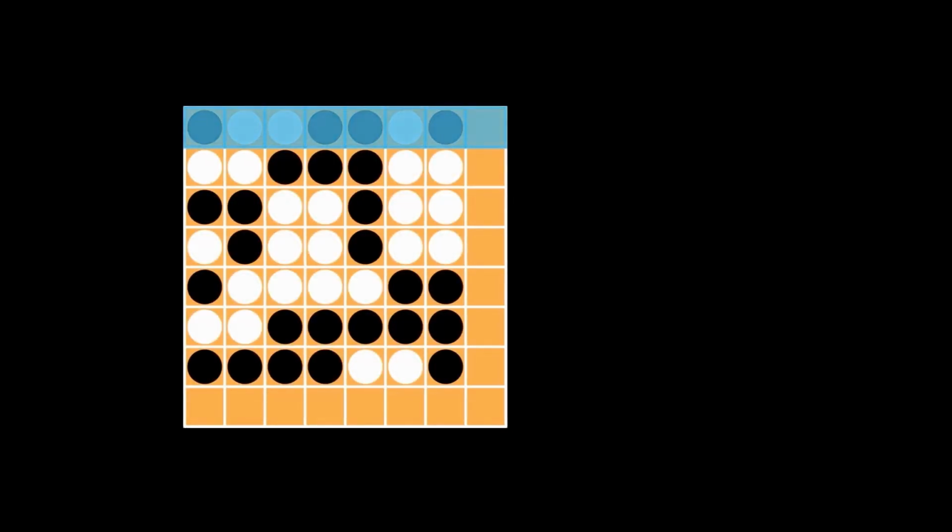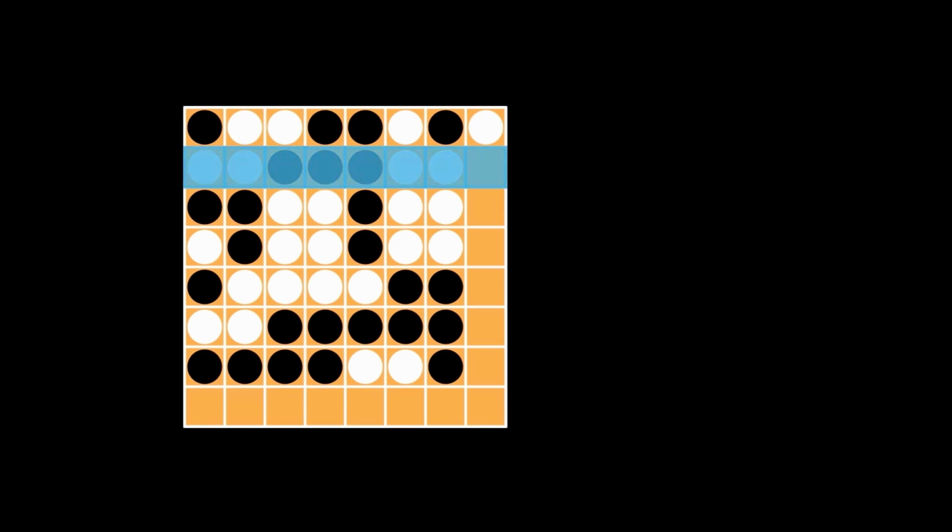Now consider the first row. The current number of white marbles in this row is odd. We can make it even by placing a white marble in the last column. Similarly, for the second row, the number of white marbles is even. We can keep it even by placing a black marble in the last column. By following the same approach, we can make the number of white marbles even in the first 7 rows and